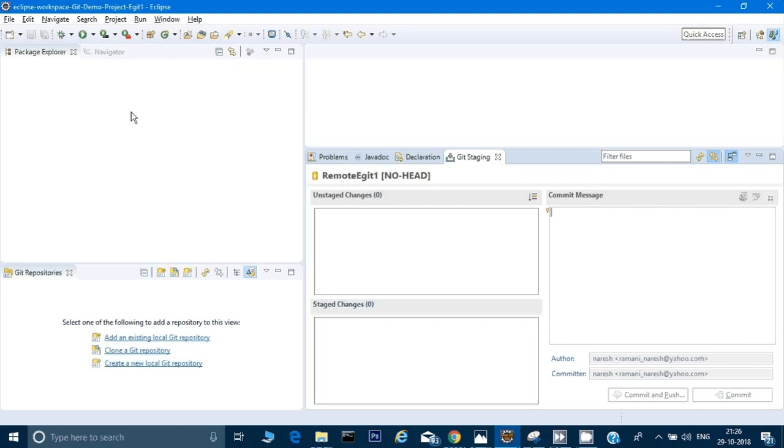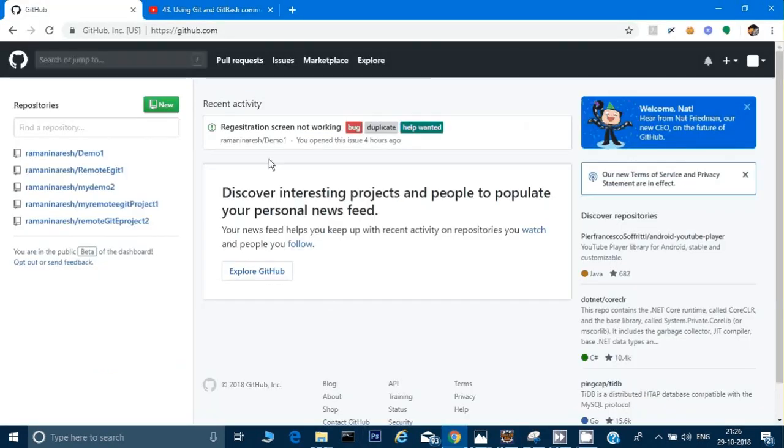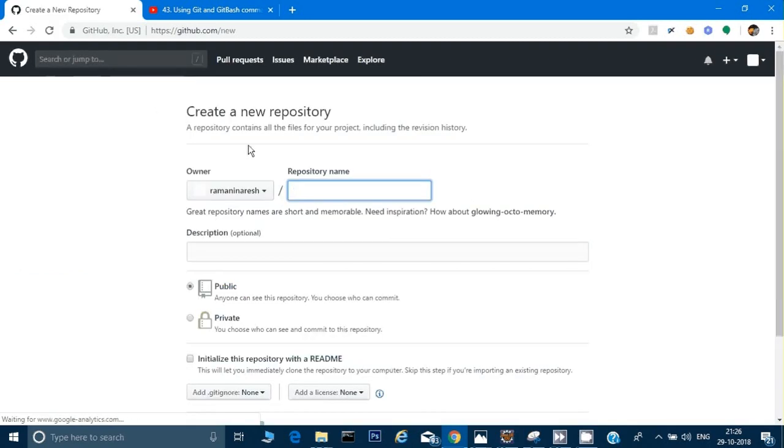Now the only thing remaining is to create a project first on GitHub. So I will go to the GitHub website. It's already logged in, and after that you can click on the New button. Yesterday we saw how we can set up a project, so we are doing the same thing. We are setting up a project again so that we can reuse it with our eGit, and here I can give